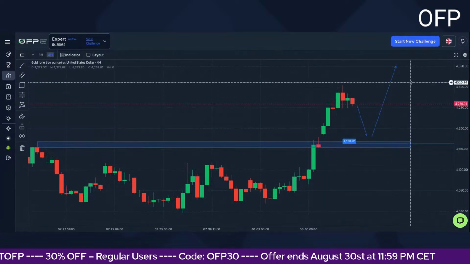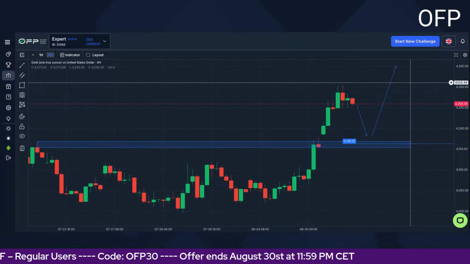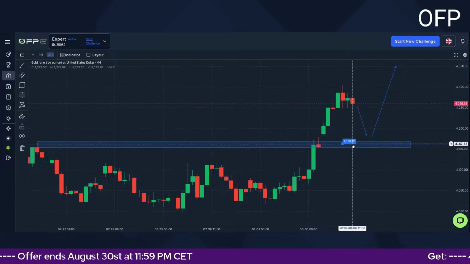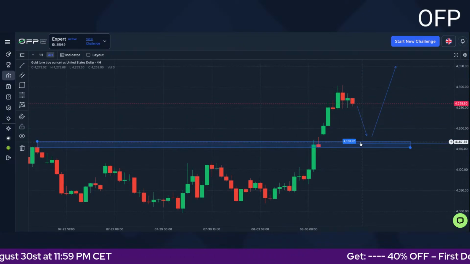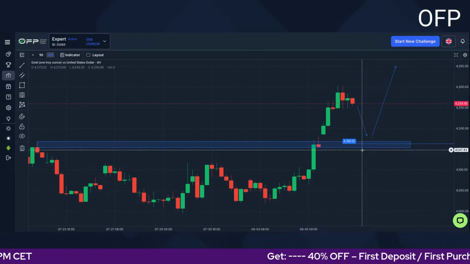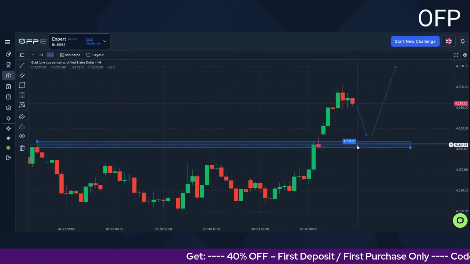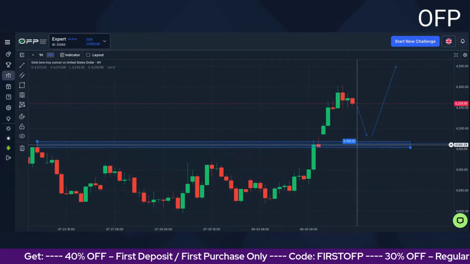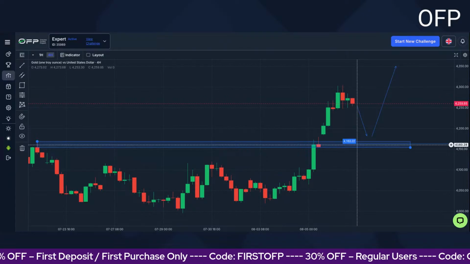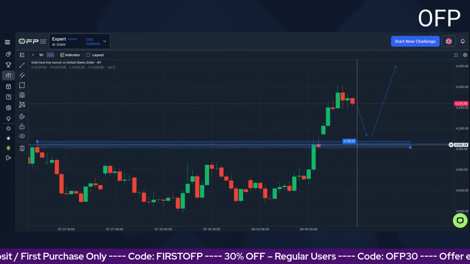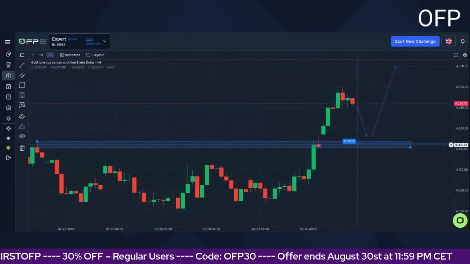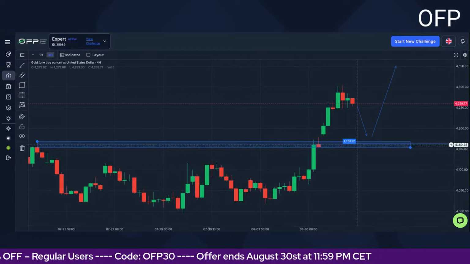So NFP, if this move doesn't happen, like maybe in the next 3 minutes, where it drops all the way down here, then I believe NFP will do it. NFP will probably come all the way down here. Though I've also said that is what I'm anticipating for tomorrow, a strong dollar. But if a strong dollar happens right now, then NFP tomorrow might be a buy for gold. But right now, I'm currently anticipating a sell on gold.